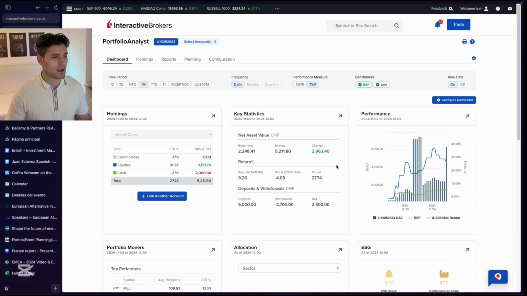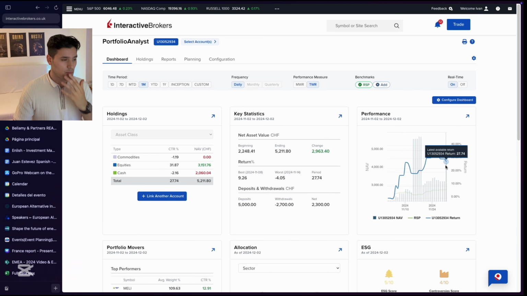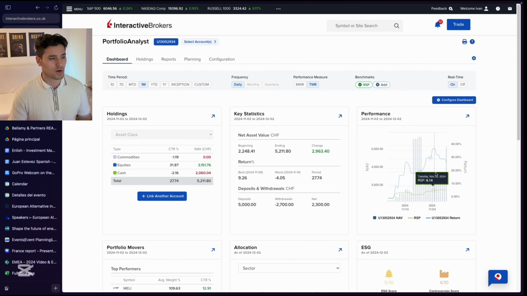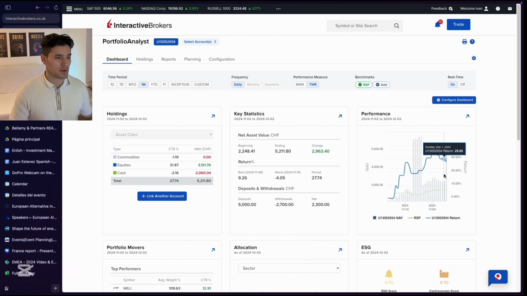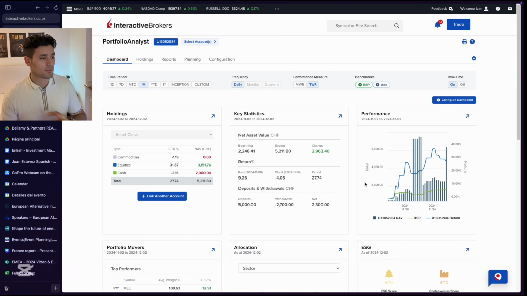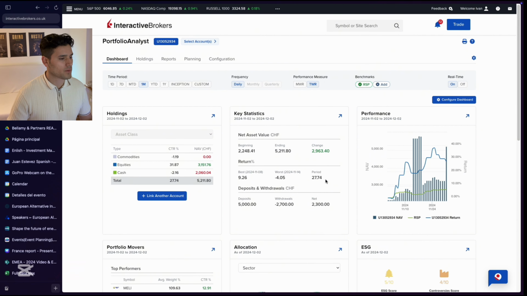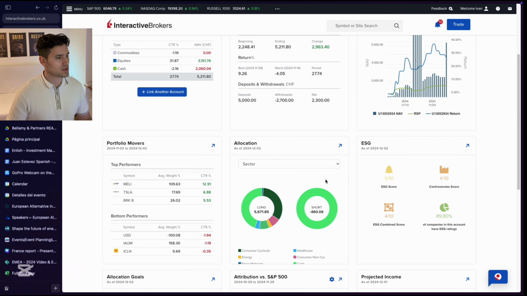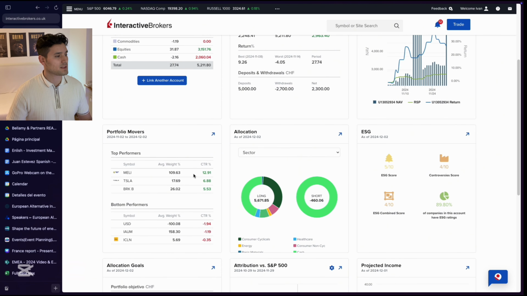francs at the moment. I increased it from 2,248 to 2,963, so an average return of 27% as of today in the last 3 months, which was the inception of this account. So for me, it's a great achievement, and I'm planning to show you as much as possible how am I doing this. So let me show you one of the stocks that I'm looking at because today